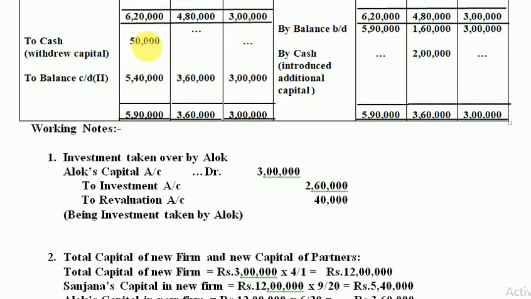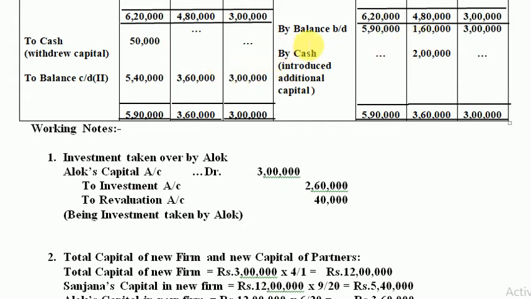And what you are simply going to write here is to cash account and here by cash account. Whenever this difference comes on the credit side, it is additional capital introduced by that partner. So here Alok is bringing 2 lakh rupees cash to make his capital from 1,60,000 to 3,60,000. This is the simple meaning of this extended portion. I repeat, Alok is bringing 2 lakh rupees cash to make his original capital 1,60,000 into new capital 3,60,000.